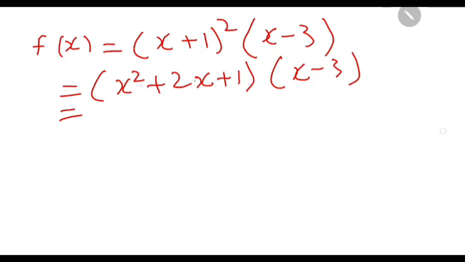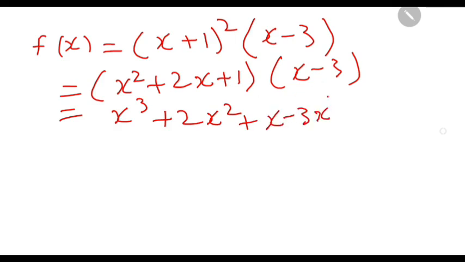So I'm gonna multiply now x negative 3 with this x square plus 2x plus 1. So x power 3 plus 2x square plus x, now negative 3, negative 3x square, negative 6x, negative 3. Simplify x power 3, this becomes negative x square